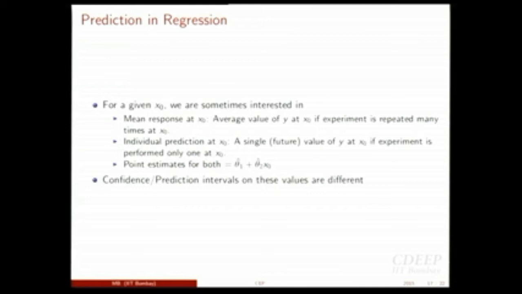However, you can also do something more. You can also give a confidence interval. Because you do not know theta 1, what you know is only theta 1 hat, and this theta 1 hat keeps on varying. As a result, this is your estimate, but the true mean response or the true prediction will actually be different from this. So now you can also give an interval.